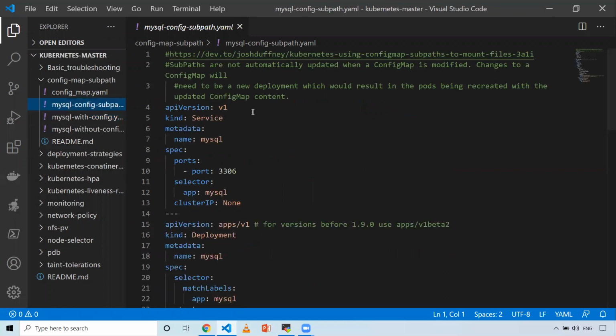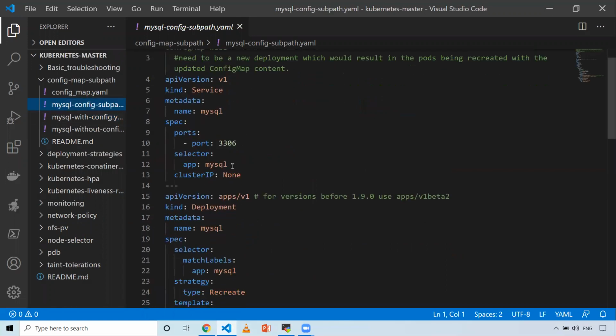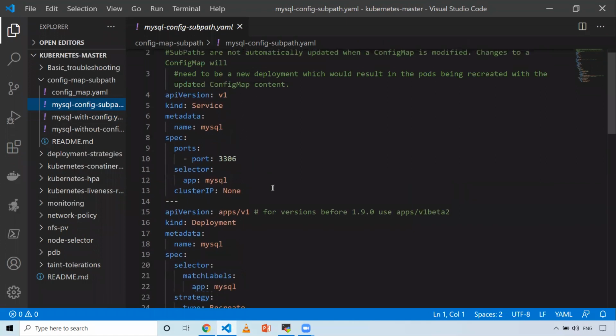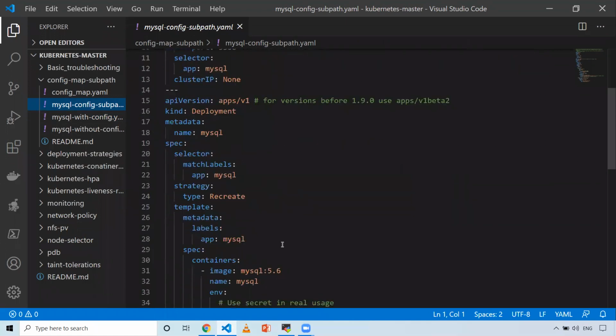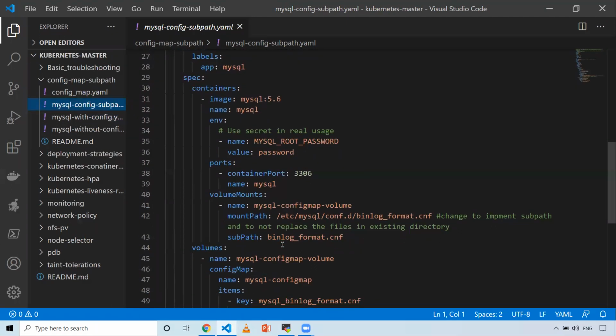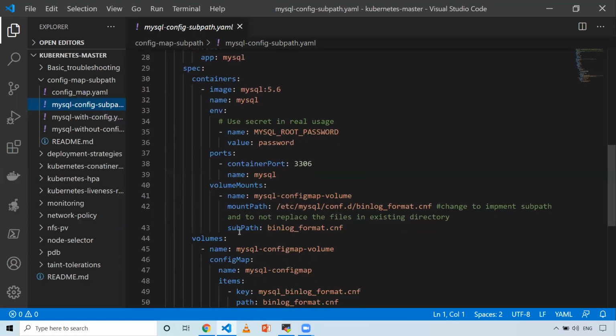So this is the YAML file for that. You can see here, the rest of everything will be the same, the service is the same, and the deployment definition is also the same. The only part that I'm going to change is this one, subPath. I'm giving subPath and the name of the file that should be in the folder. This is the only change that I'm adding.